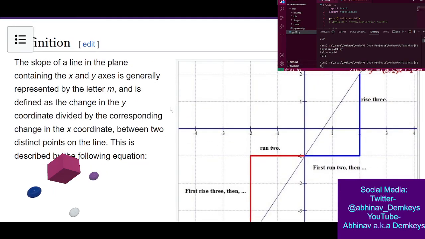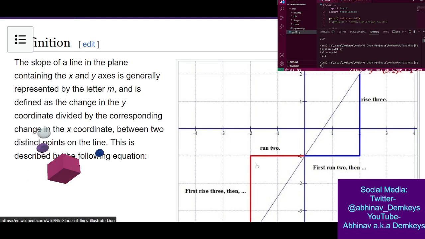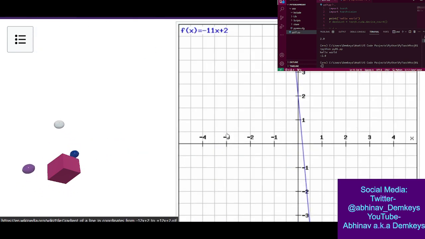How did they get 3? Okay, where is 3? First run 2, then rise 3. Okay, first rise 3, then run 2. Okay, so it's counting the number of steps that it's taking, but what does this have to do